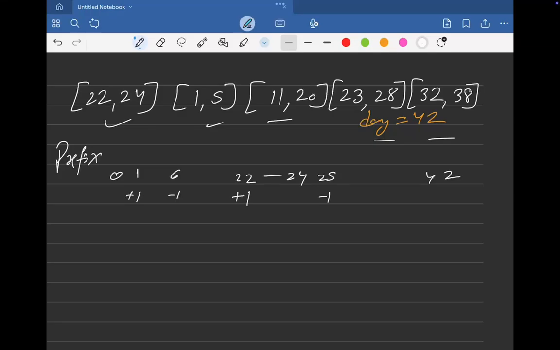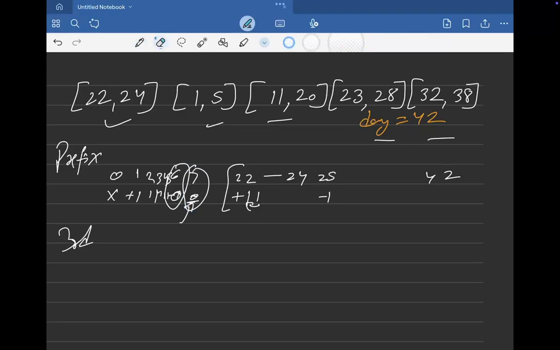Then in the second iteration I will just add up. We don't have any meeting here, then one meeting here, on 2 we have one meeting, on 3, on 4, on 5 we have one meeting, and on 6, if we add up the previous, we go to 0. So on 6 he is available, then 7 no meeting, 8 no meeting, then we reach 22 where we have a meeting, 23 we have a meeting, so I will just add the previous. Then in our third iteration I will check if there is a 0, meaning available. If there is a 0 we will count it. So this approach will work, but